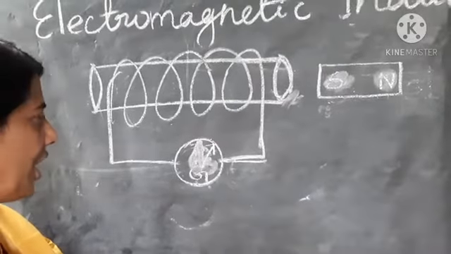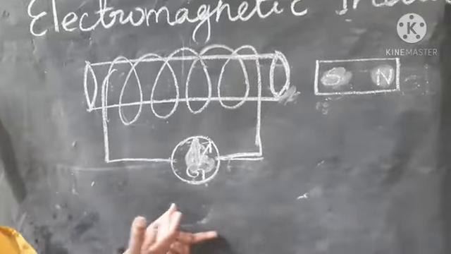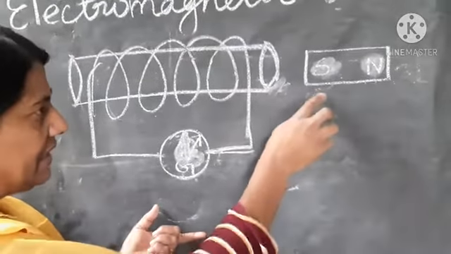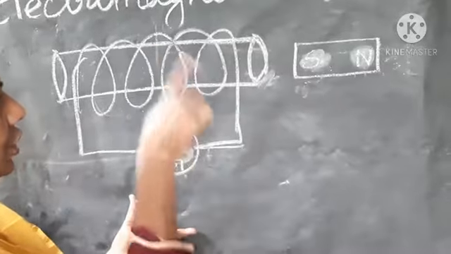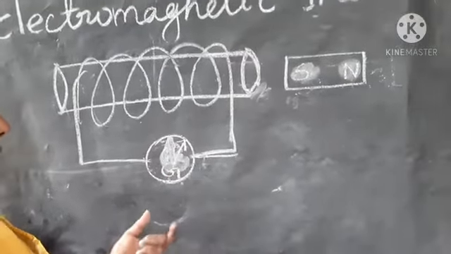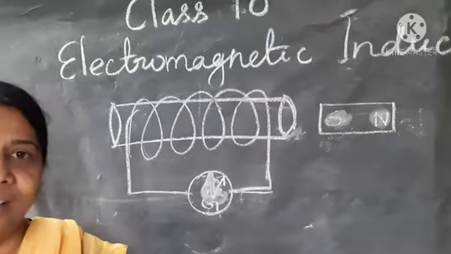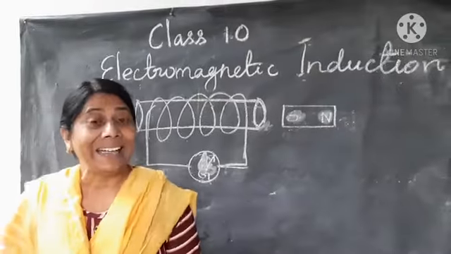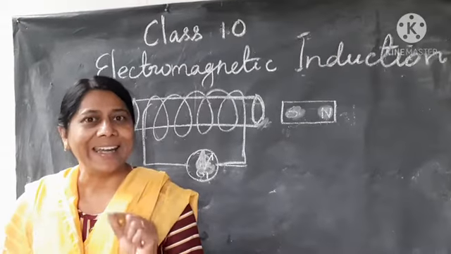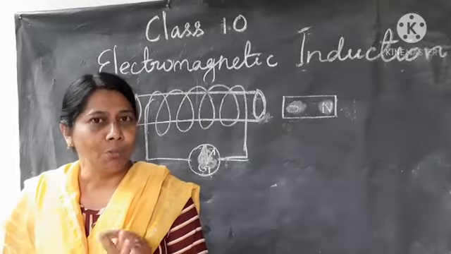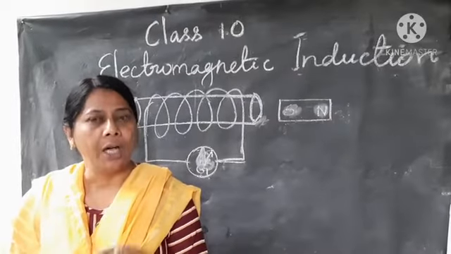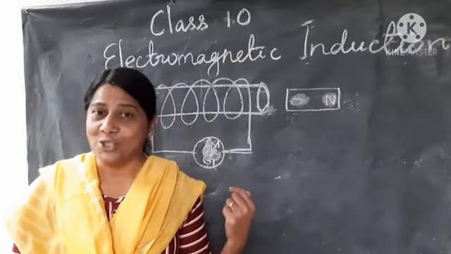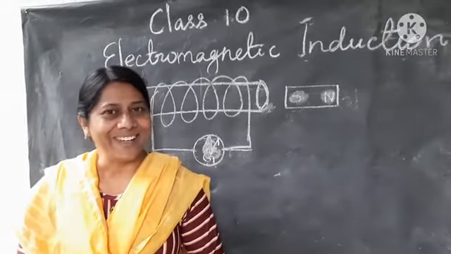These are the observations, and here the magnet consists of a magnetic field. So even when it is in movement, a current is induced in the coil. Hope you understood today's topic, that current can be induced by the motion of a magnet or the movement of the magnetic field. Hope you understood it. The remaining things we can see in the next class.